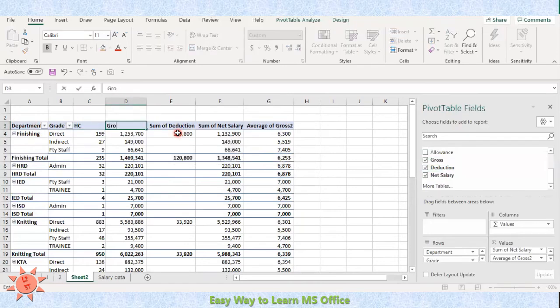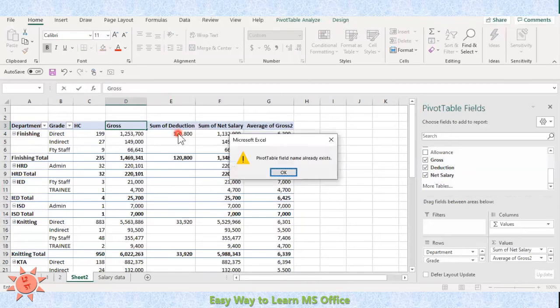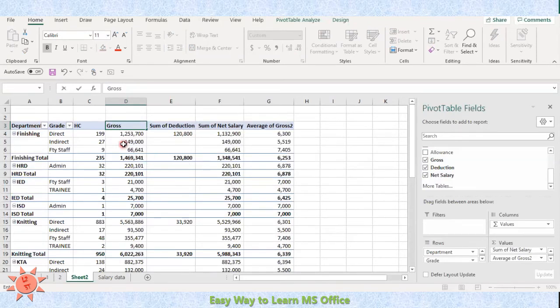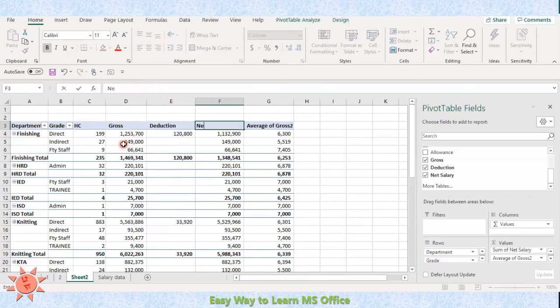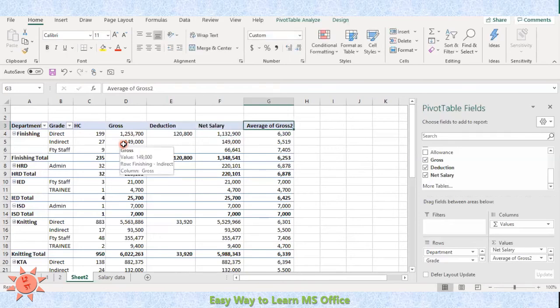If you type Gross only, then you can see the system does not allow you to do it. But you can say just Gross plus a space, then the system will allow you to do it. Deduction and space, Net Salary and space, and Average Gross.